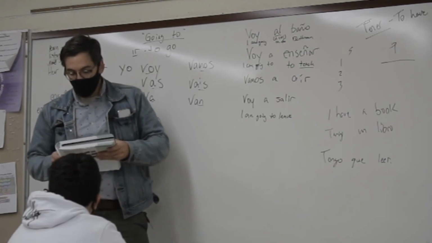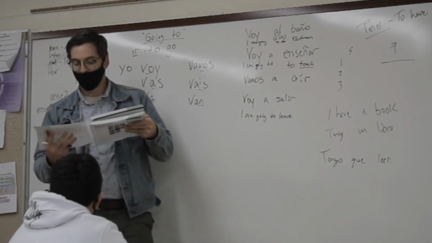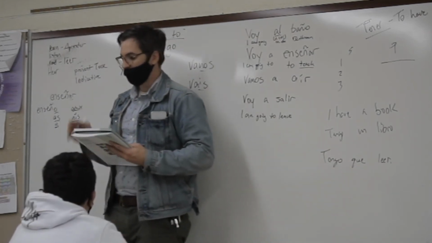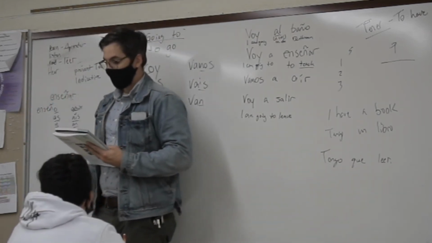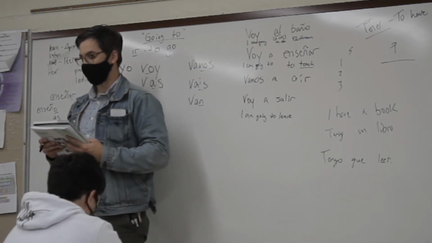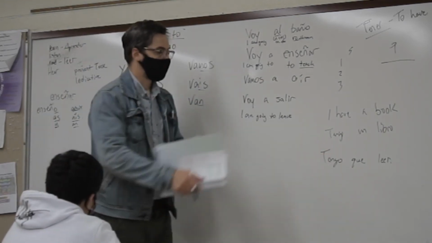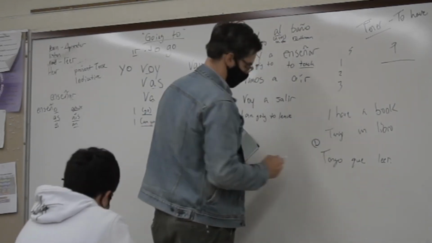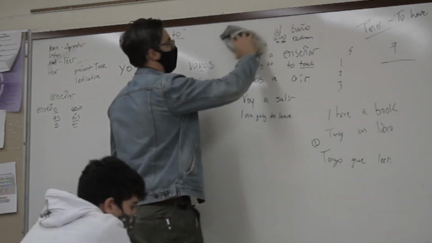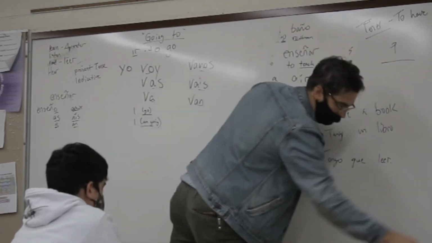All right, we are also learning, it might be learning, it might be review. But if you look at the top of 186, it says, in Spanish, there are multiple constructions you can use to talk about your plans. In previous chapters, you learned that the verbs necesitar and deber can be used with infinitives to describe obligations. So we have one way here of saying what you have to do. All right? But we have two other verbs, necesitar and deber. So let's just quick talk about those a minute. And then you can get started on your homework.